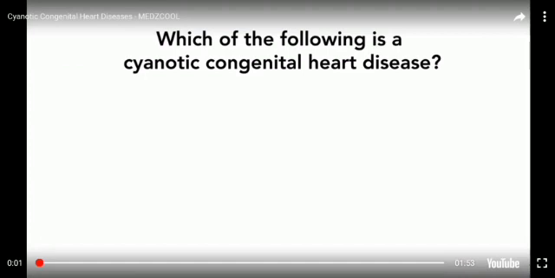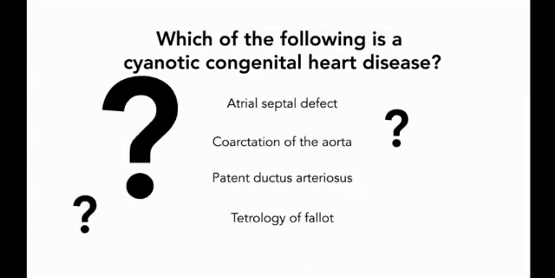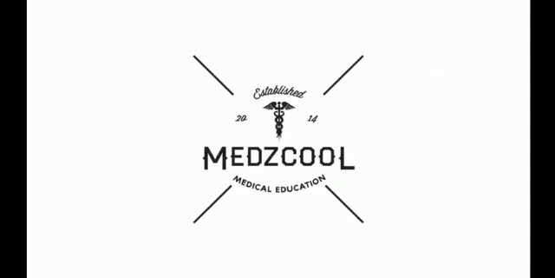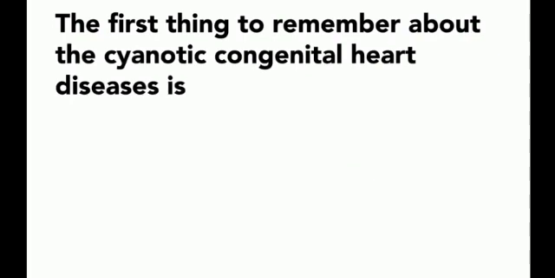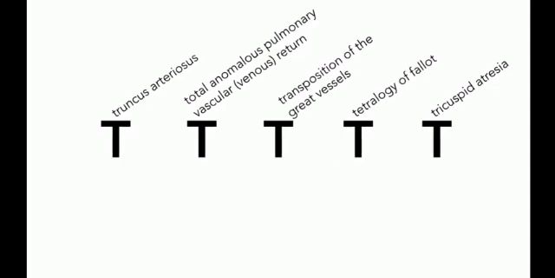So here's a question. Which of the following is a cyanotic congenital heart disease? The problem for me regarding this question is that remembering all 5 of the congenital cyanotic heart diseases is a pain. Luckily, there is a mnemonic to remember all 5. The first thing to remember about cyanotic congenital heart diseases is that they all begin with the letter D. The next thing to remember is that there are only 5 of these cyanotic congenital heart diseases, and the mnemonic